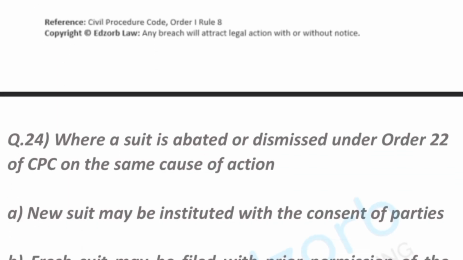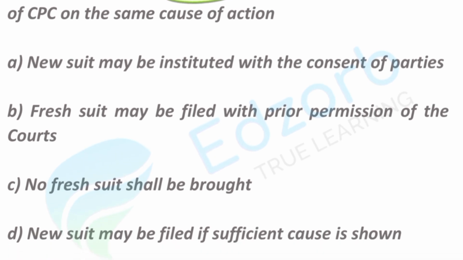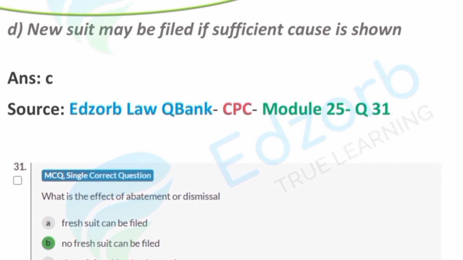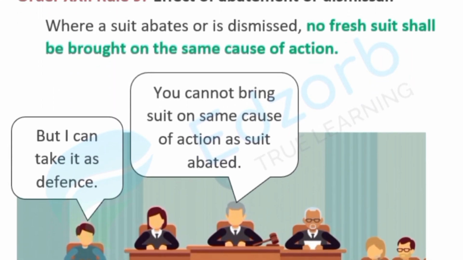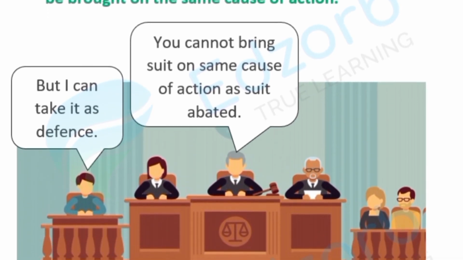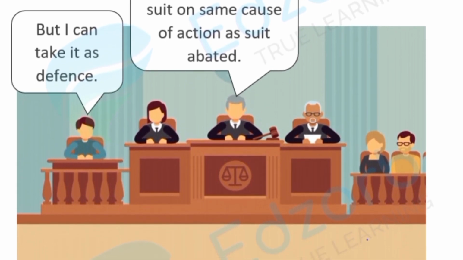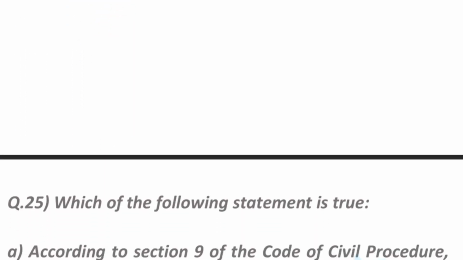Now question 24 is another opportunity to analyze this paper. You see this is also concerned with abatement. So यहाँ पर आपको option C लगाना था that no fresh suit shall be brought. Now एक analysis हम लोग यहाँ पर कर सकते हैं that largely questions have been revolving around abatement and dismissal of suits, withdrawal of suits and the principles of res judicata. So it has been coming time and again in this short span only. So please keep it in mind for the next exam, for the next paper that you have to give.